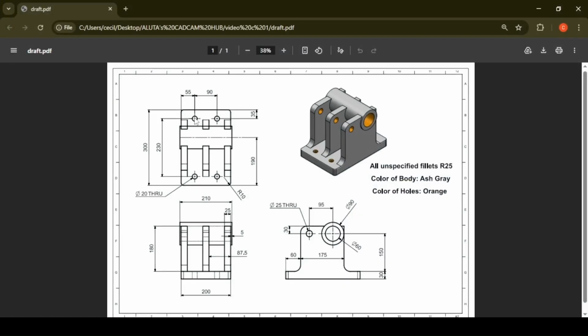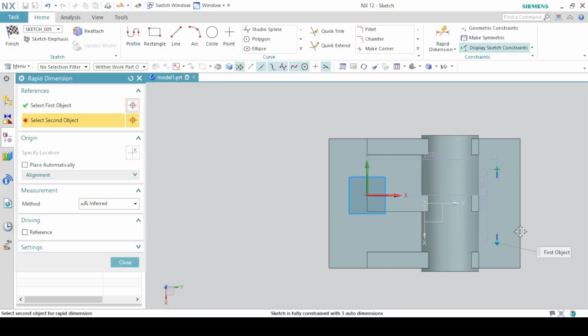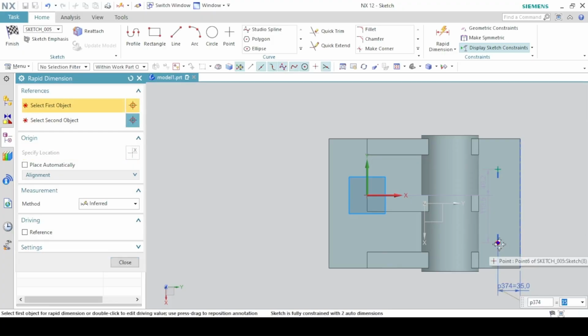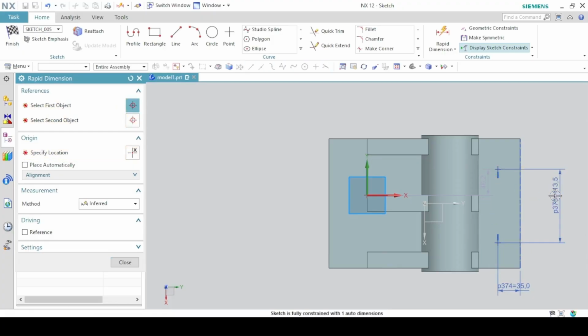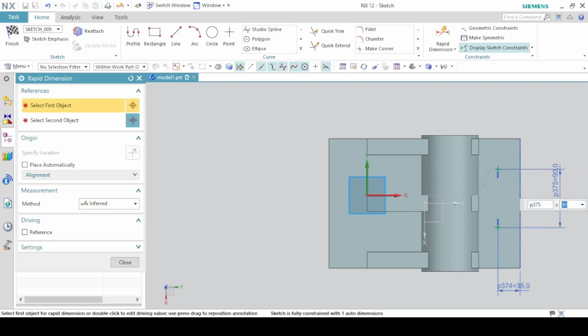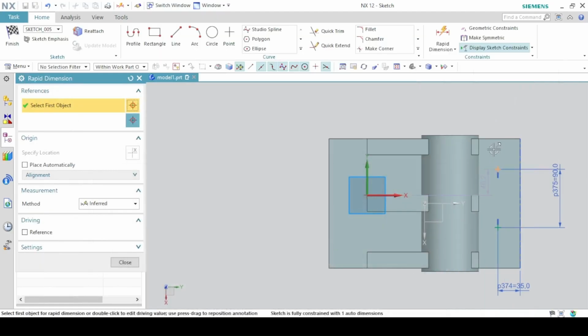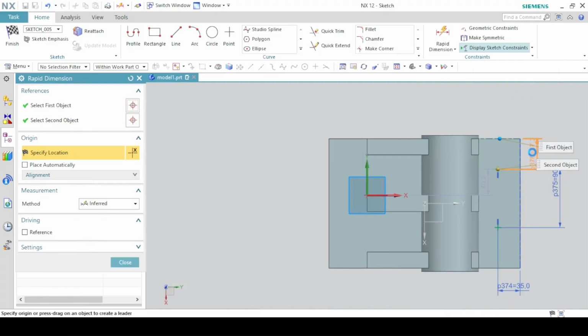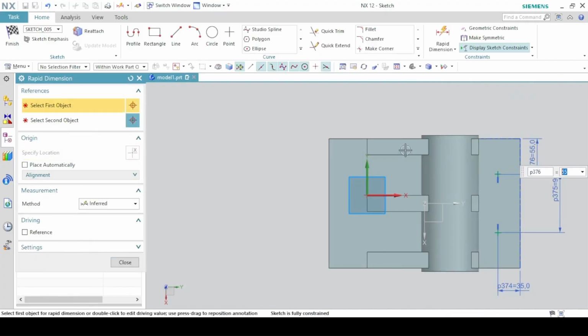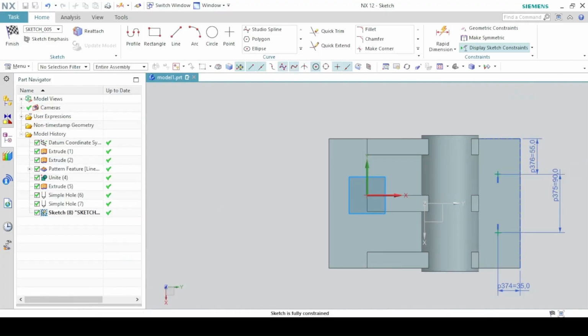The distance of separation between them is 90. And then the distance from this center to the edge here is 55. Sketch is fully constrained. So let's pattern to the other side.